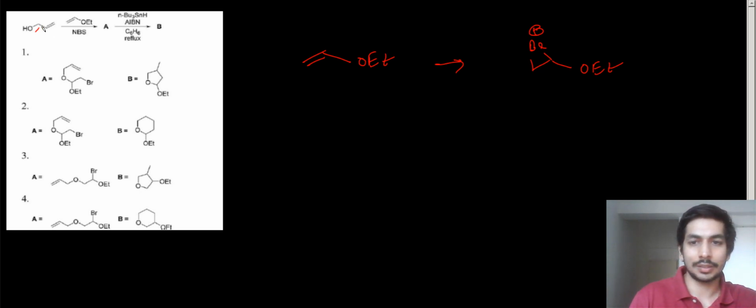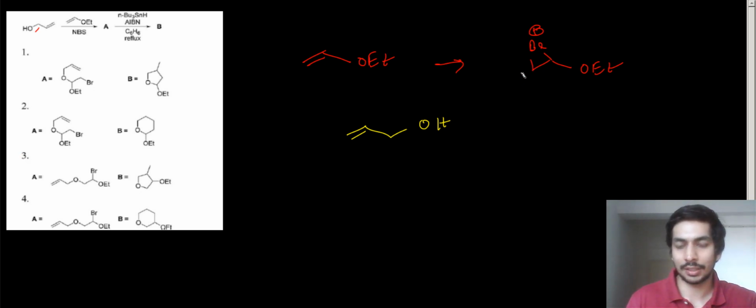Now the next thing is, this is the nucleophile, right? The allylic alcohol over here is our nucleophile. So it has two positions to attack, and that is what the first conditions give us. If the attack takes place at this center over here, then we get product A, which is given in option 1 and 2, and if the attack takes place at the terminal position, then we get either option 3 or option 4. So first we need to identify the regioselectivity, whether it will attack this center over here or this carbon over here.